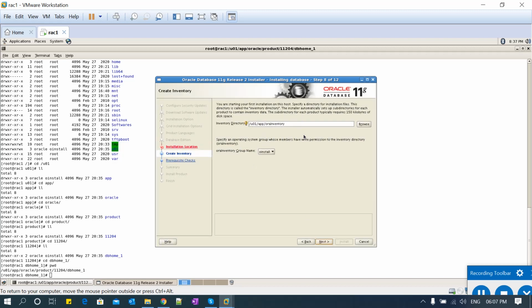Then the app oracle inventory. When I want to go install, click next. That is perfect.